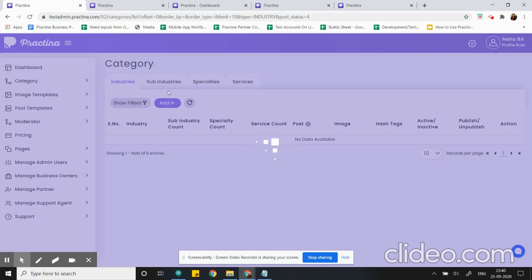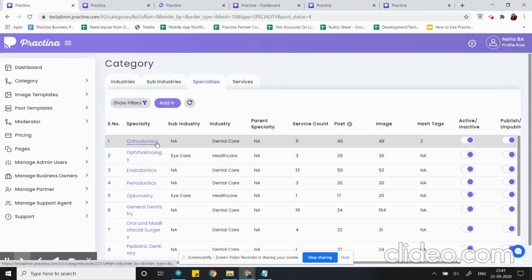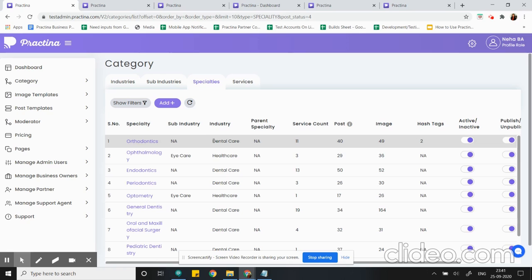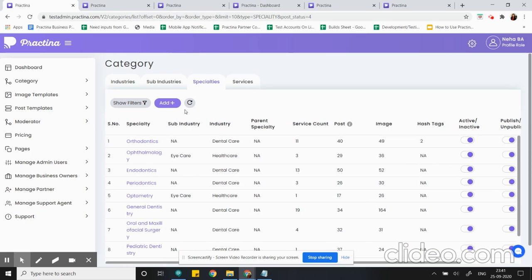Similarly is the case with the other industry subcategories, which are the sub-industries, specialties and services. Here is the list of specialties which have been created and the associated industries under which they were created, and similarly the services under each specialty, and the post count, image count, hashtags and their statuses, and the actions for editing or deleting a specific specialty.